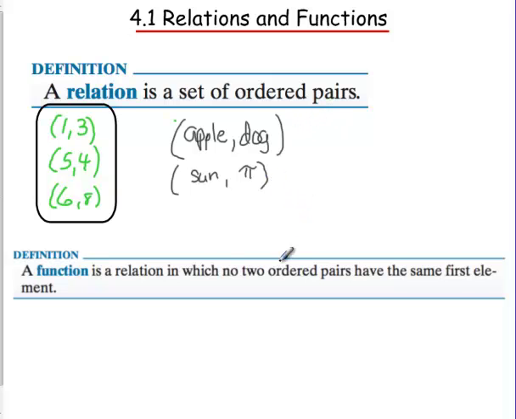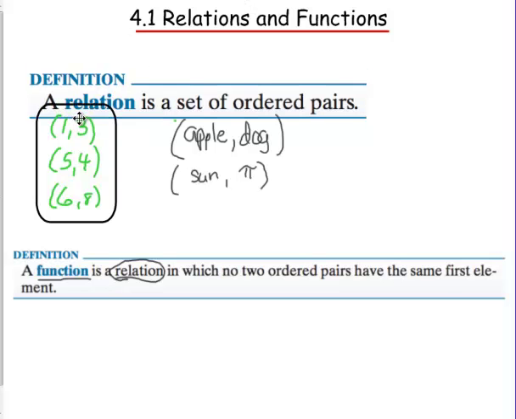Then we go one step higher, and mathematicians like a function, because once they get their ordered pairs, they want them to have specific properties. And the first property you're going to learn about today is a function. And a function is a relation in which no two ordered pairs have the same first element. So if I looked up over here and I looked at my first relation,